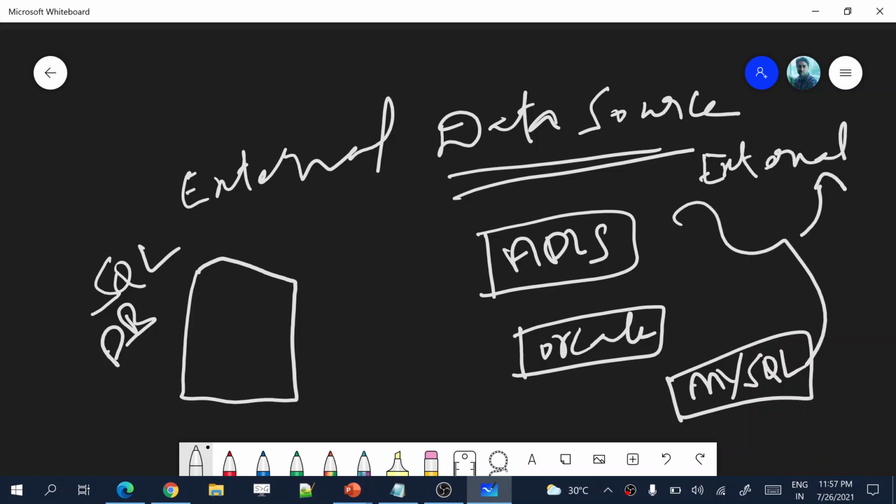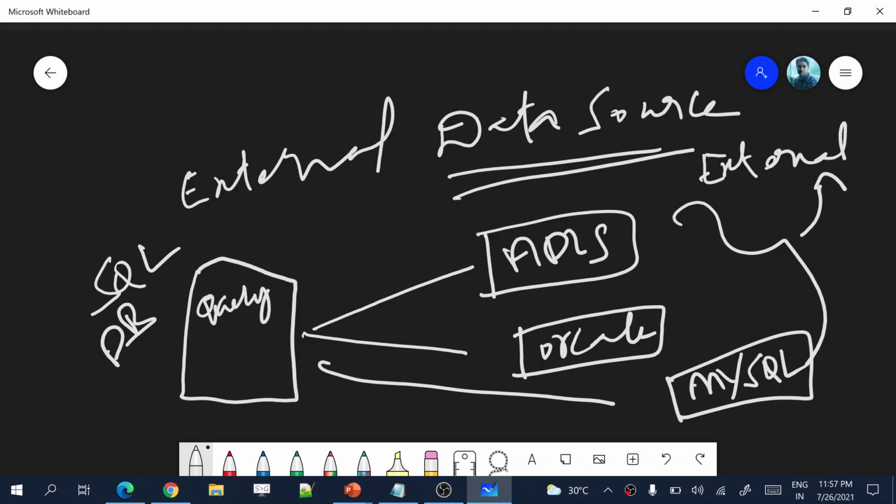Now if you want to get data from these external storages from within the SQL DB, and write a query to get data from these external resources, then you should have something called an external data source.